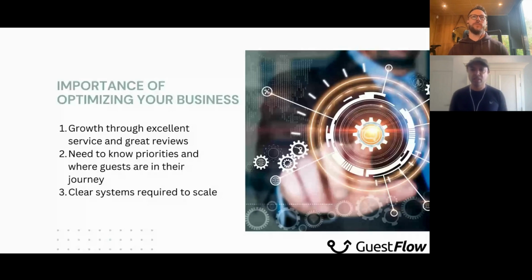Yeah, absolutely. And the thing here is that what tends to happen is, as you grow, you have multiple team members. Obviously, this is the service sector. We're in the hospitality industry, and at the end of the day, it's a never switch off business. It's running 24/7, right? You need somebody available to be able to answer problems that guests might have at any point, any day of the week, and not only that, but if you've got check-ins, people arriving in the middle of the night from different countries and things like that, you need to make sure you've got somebody on hand to be able to support that.